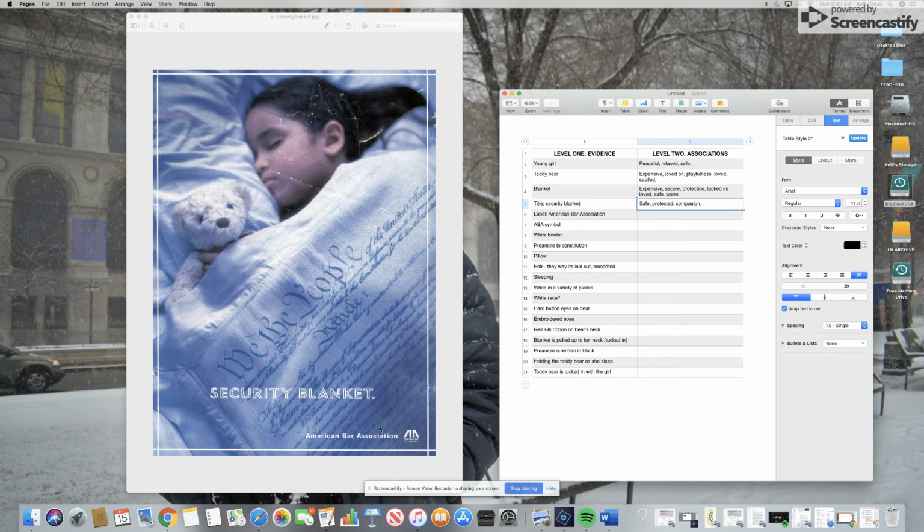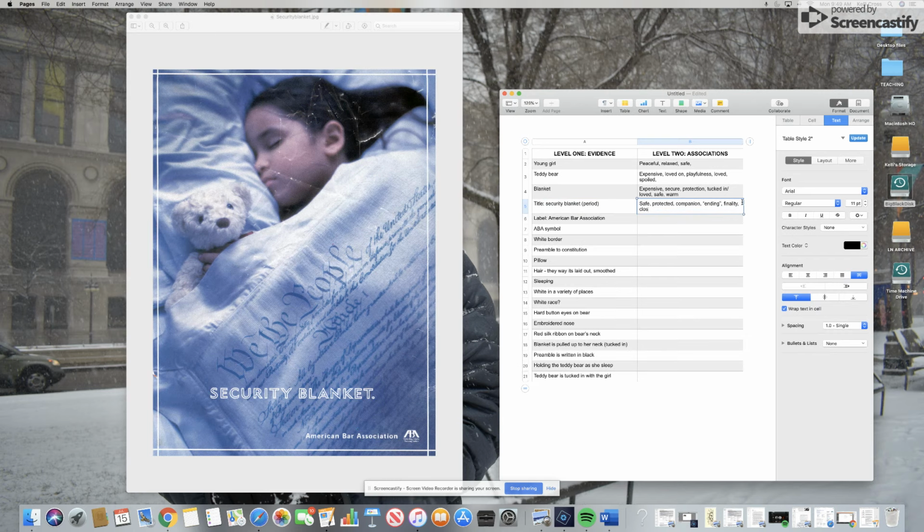Maybe I even want to notice that there's a period right after that, and a period might make me think of an ending, right? Or there's some finality to that. Maybe I even want to add that there's a period over here so I can remember that I'm relating it to this specific thing. There's a sense of closure to that. There's a sense of security blanket being peaceful, right? It gives you comfort for sure.